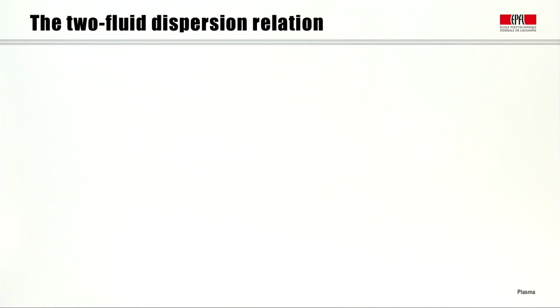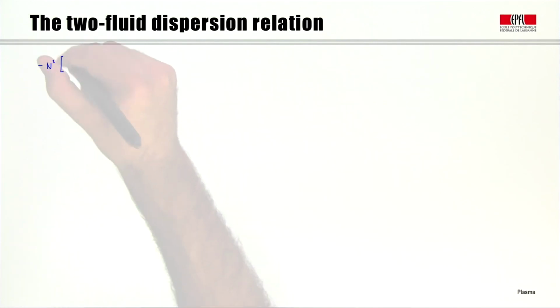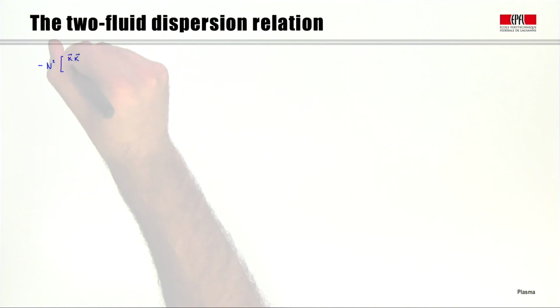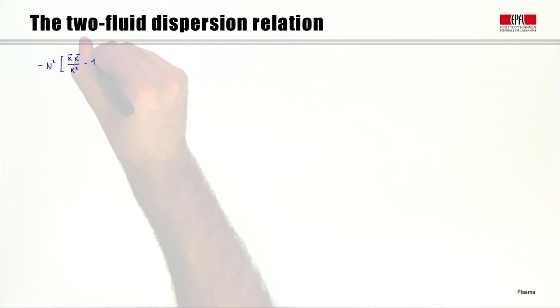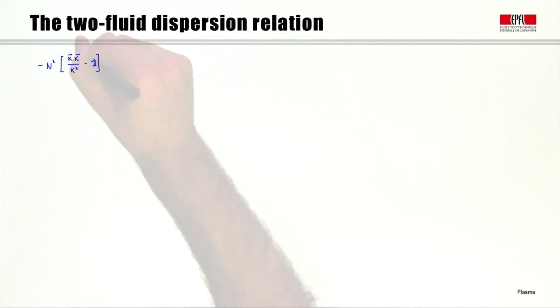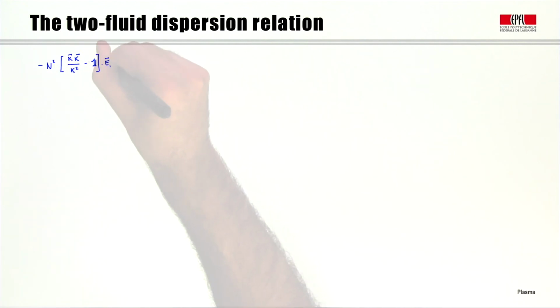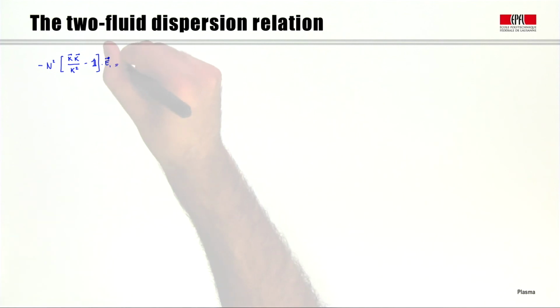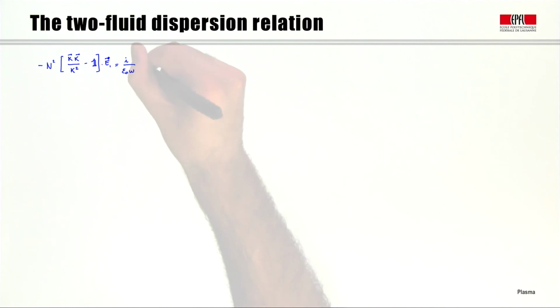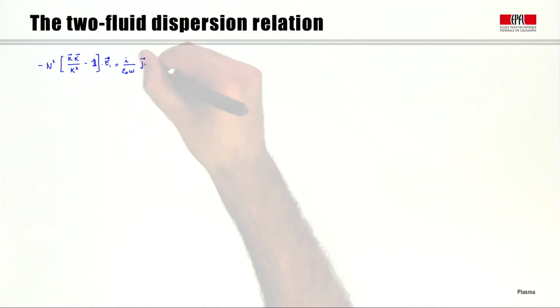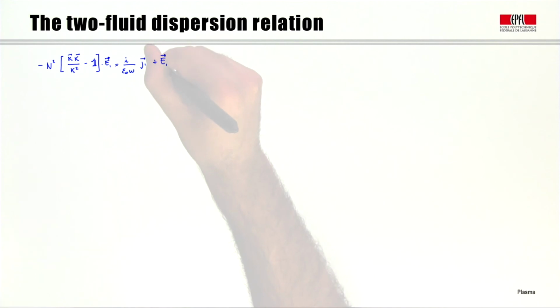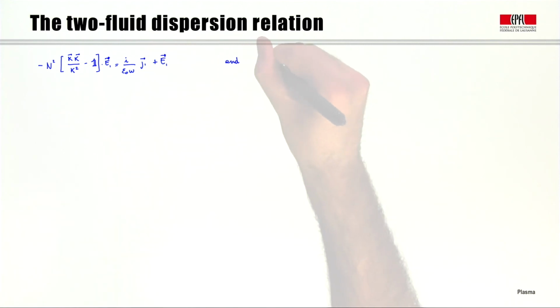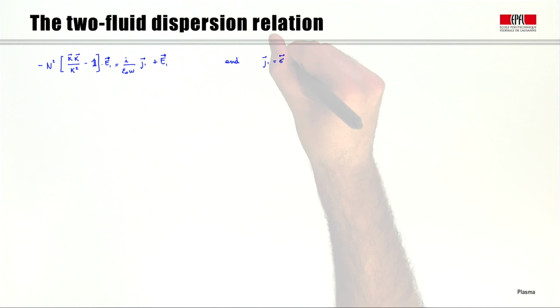By the linearization of the Maxwell equations, we had obtained that minus n squared, the index of refraction, times this tensor here, dotted with E1, is equal to the contribution of the plasma current and the electric field. And from the fluid equation we have a relation between J1 and E1. Now we can plug this expression here, and what we obtain is